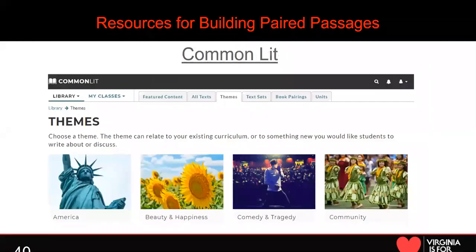And another, and this is something, again, provided by a university, this by Harvard, but is now and is going to remain free, is commonlit.org. They have text sets that are already built. So if you are running low on time or want to see what effective text sets may look like, CommonLit has those with nonfiction, fiction, poetry, lots of different resources for you. But again, it's important to note that you can sort by theme, by grade level, and build some really cool work out of the resources that CommonLit has available.